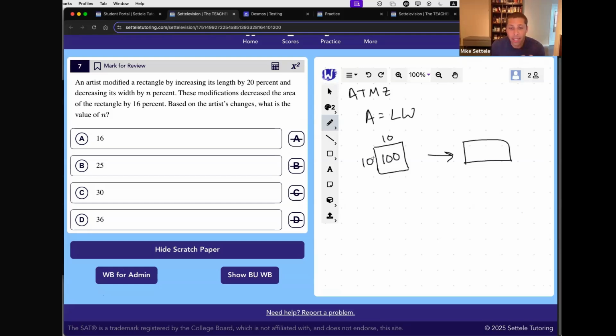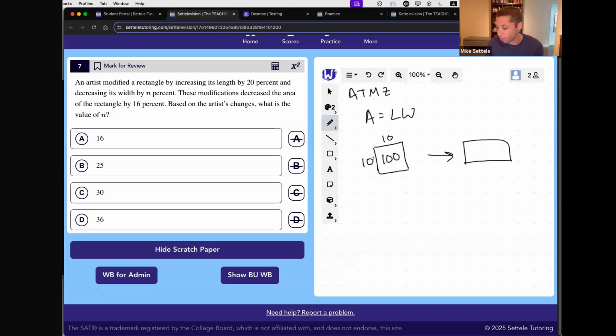Right? Doesn't say that. Doesn't say anywhere that the length or the width are the same, that the length is 10, that the width is 10. Doesn't say any of it. But I want to understand how this thing is changing. And it's very hard to understand a change if we don't have a starting point. They deliberately are leaving out the starting point. So let's make one up. Let's see what happens. This is, again, that idea that, even if you're unsure if this is going to work, when you're doing these first homework things, don't worry about it. Give it a shot. See what happens. You never know.